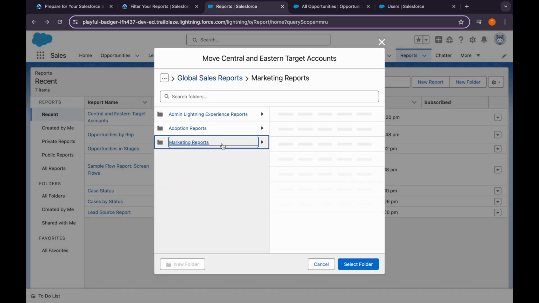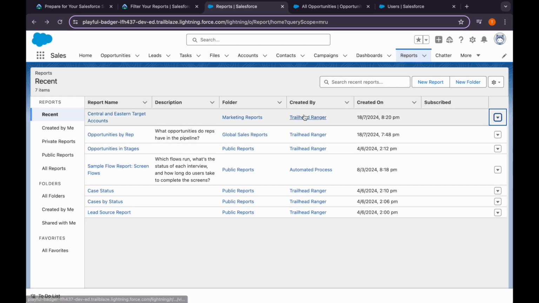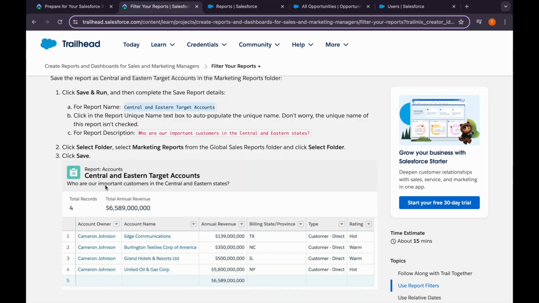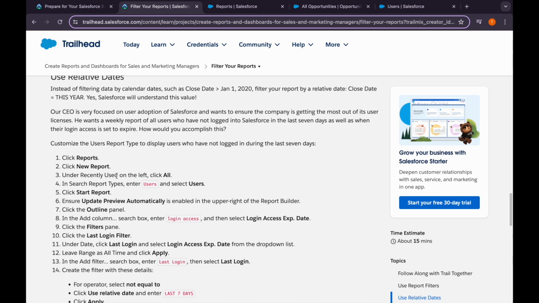I have clicked on move and then select the marketing folders, and here it is. Now we need to do this use relative date, so we will be creating, I'm sorry,